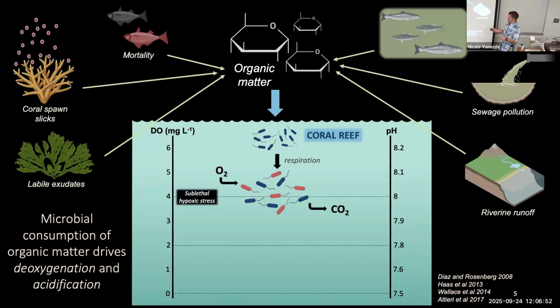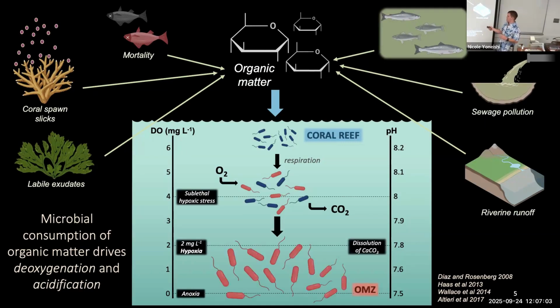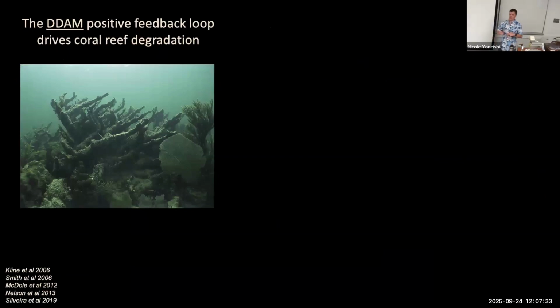And the process of eating, which is called respiration, ends up taking in oxygen and outputting carbon dioxide. Now this in the oceans draws down O2, and it actually draws down pH as well. So as you add organic matter, my point here is that microbial consumption of this organic matter can actually change the face of the ecosystem and the conditions of the ecosystem through deoxygenation and acidification. And the important thing to note here is that there is a large set of microbes that like these conditions, but there's not a large set of macroorganisms that like these conditions, right? So organic matter is one of our big beasts that we're dealing with here, which segues us into how a coral reef degrades, right?